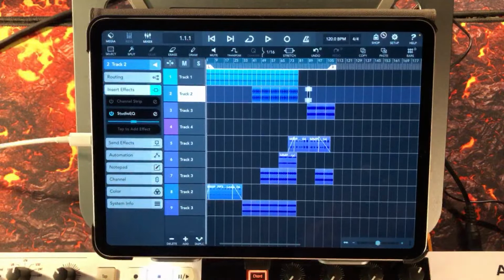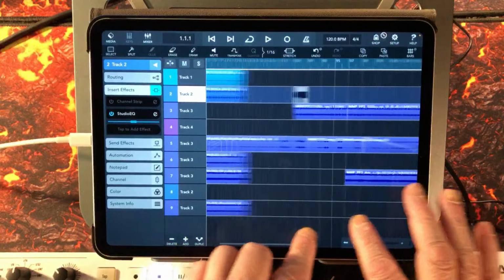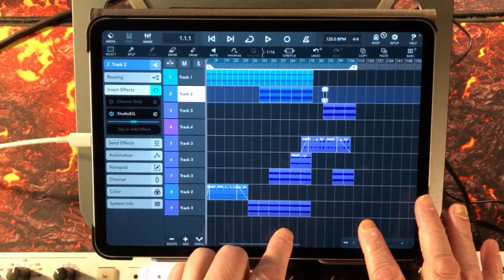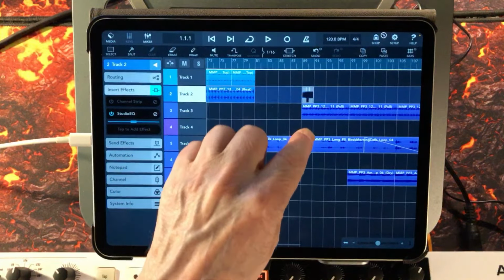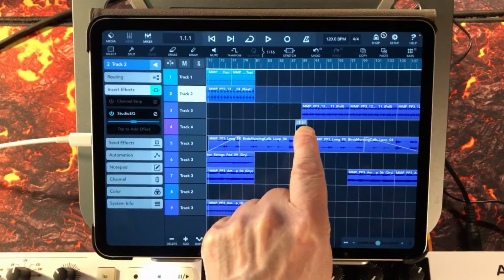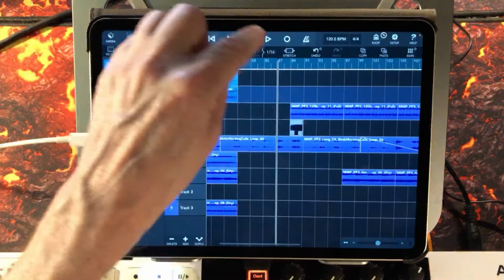Let's play this through, see how it sounds with that impact there as well. Put the impact on the wrong bloody place. Look, I'm going to put it on this track. Actually, track 4, is it? It's got nothing on. Yeah. I'm going to put it onto track 4. So I'm just going to move it here onto track 4. And actually, before I play it through,